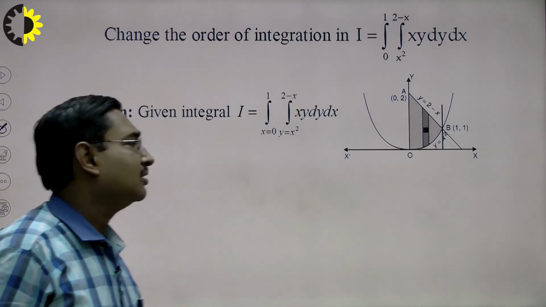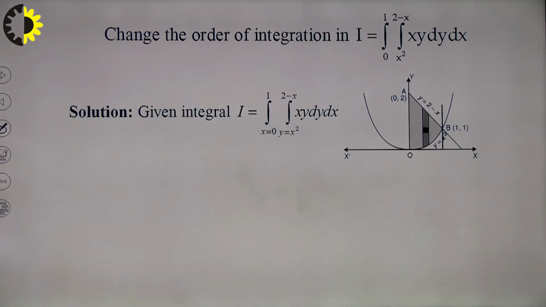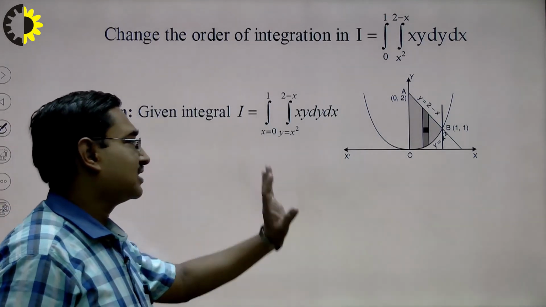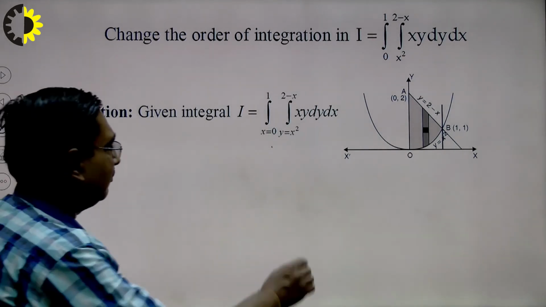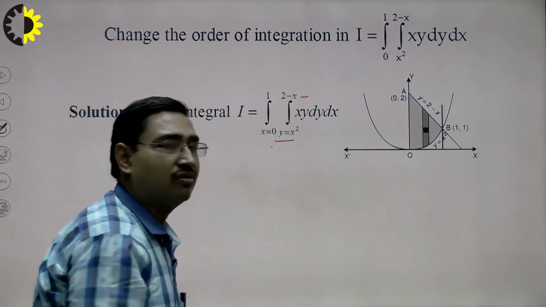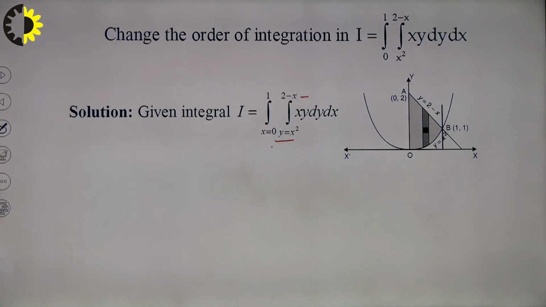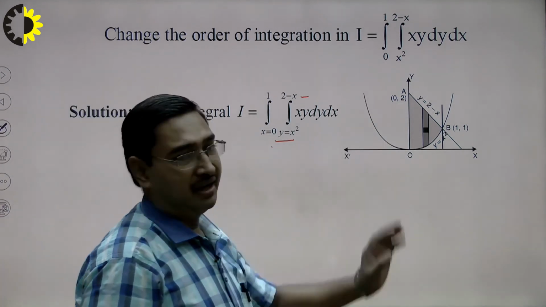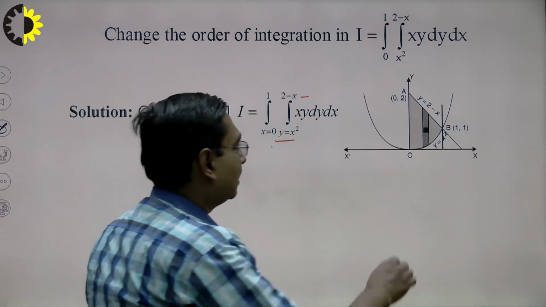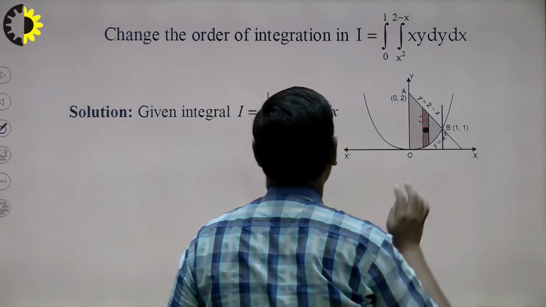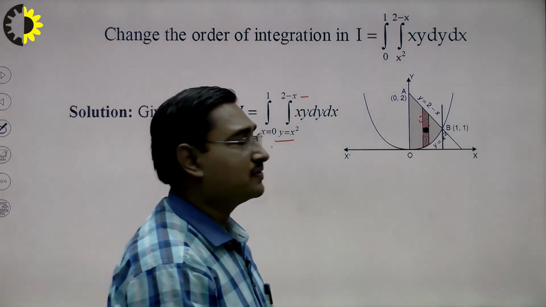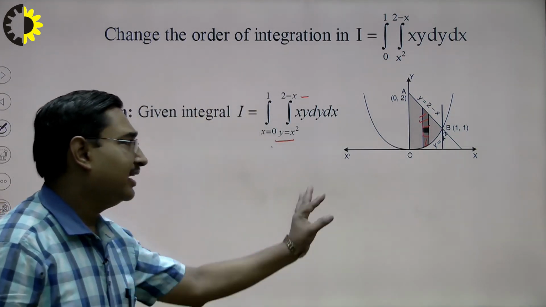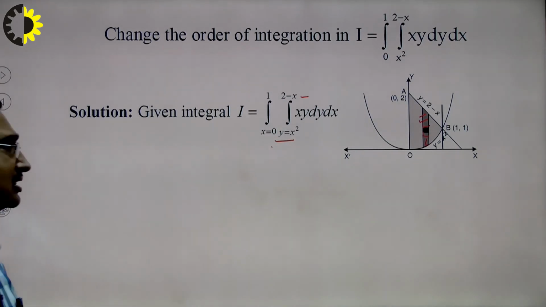When we have drawn the region of integration, now we will decide what type of slicing is used to find these limits. We observe that this time the limits of y are inside. Limits of y are inside means vertical slicing, and therefore this vertical slice is used to find these limits. When we shall change the order of integration, we shall change the type of slicing. We shall divide this region into horizontal slices.